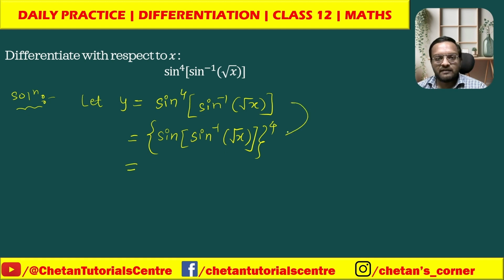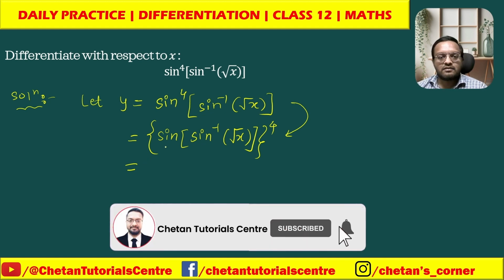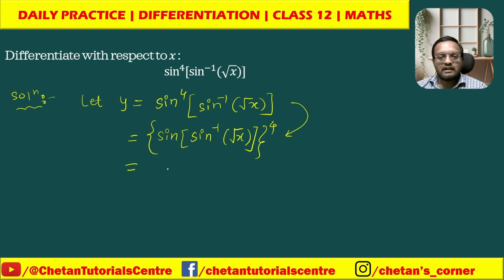So in this way I have simplified this term. So what I will get? Here you can see that sine and sine inverse. So we know that sine of sine inverse of theta is equal to theta. So here theta is root x. So what I will get? Root x bracket raised to 4. Therefore y will be equal to